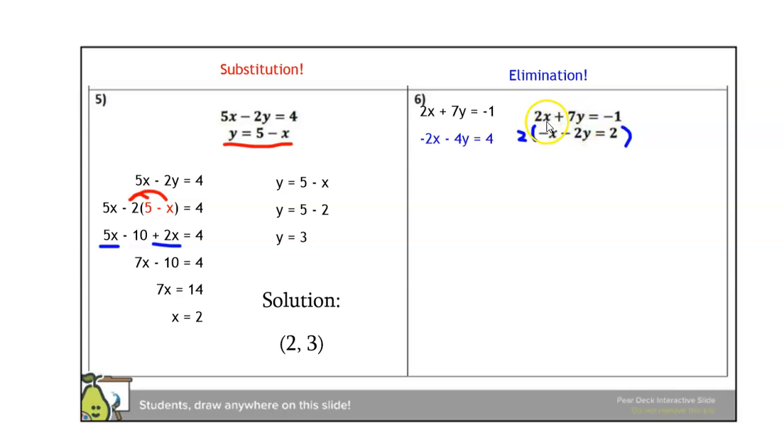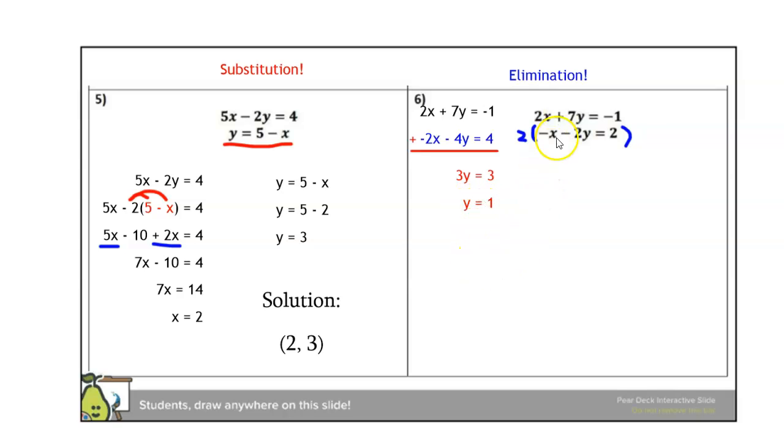So now we have our original first equation, 2x plus 7y is equal to negative 1. And we have our modified second equation, negative 2x minus 4y equals 4. Now what we're going to do is add them together to eliminate the x term. And again, elimination is very nice because we eliminate one of the variables and then the other variable gets a little bit easier. So it turns out that 3y is equal to 3, and then we divide both sides by 3,